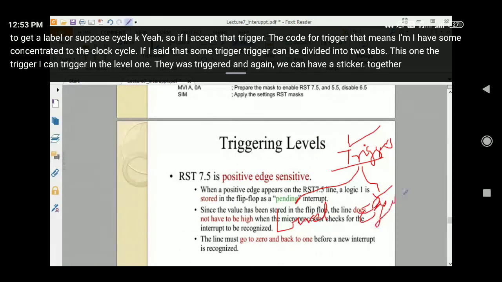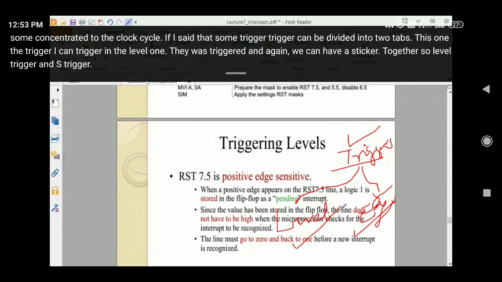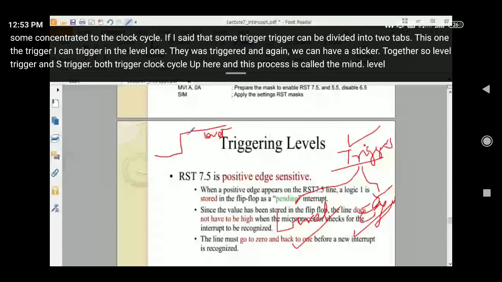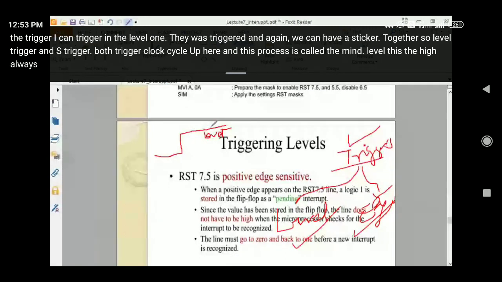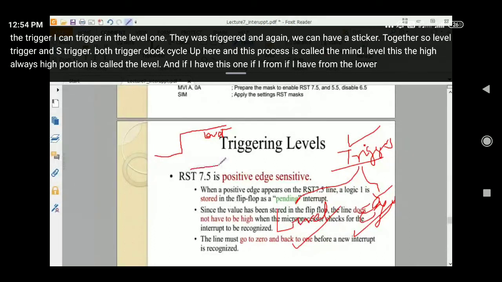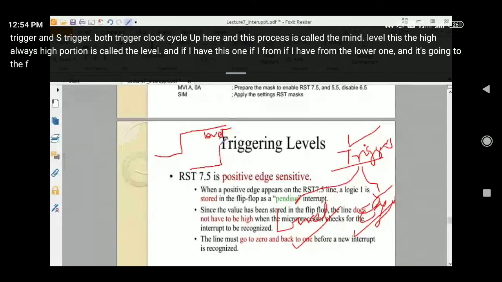Okay, so level trigger and edge trigger are the two types. Level trigger means that in your clock cycle, it goes low, and then it comes to high, and this process is called level. This always-high portion is called the level. And if it goes from low up to high, this portion is called edge triggering.